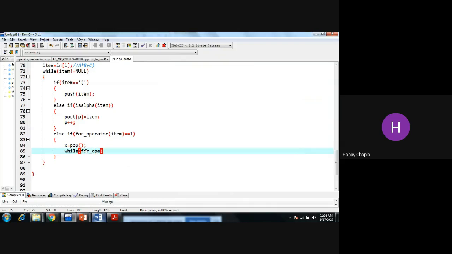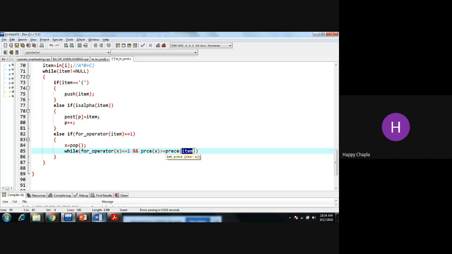So for operator of x returning you 1, as well as precedence of x greater than or equal to precedence of the item: that means this x is the top of the stack, and this item is whatever I am getting from the input, from the infix notation, right?